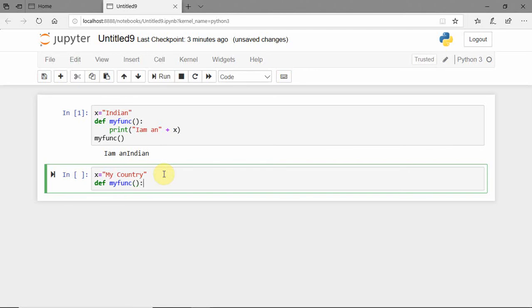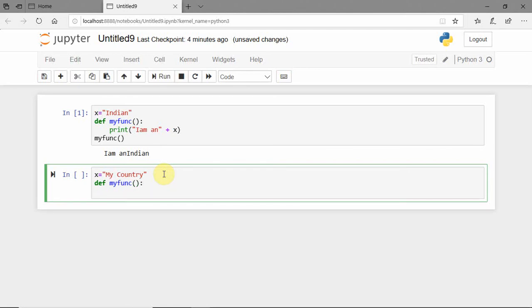Here I'm using one more variable with the same name. You can use the same name, whatever I have declared as a global. So x is my global variable and here inside the function I'm taking x again, which is assigned with another text. So x is equal to Indian I have taken.